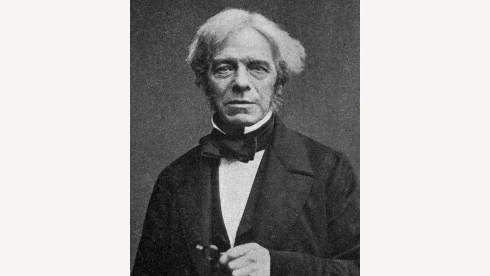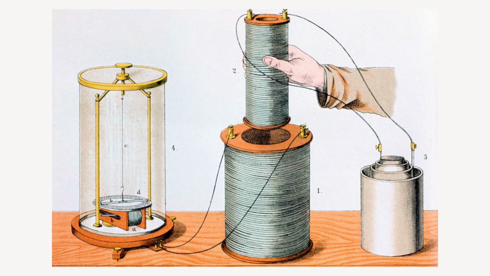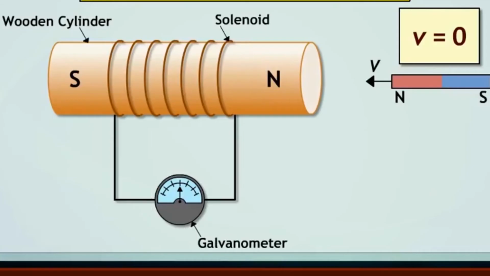Now we will look into Faraday's experiment, where Michael Faraday actually discovered the laws of electromagnetic induction. From this diagram, we can see that the experiment involves a bar magnet, a coil, and a galvanometer. In the experiment, Faraday uses a magnet and a coil which is connected to the galvanometer across the coil. At the initial time, the magnet is at rest, so there is no deflection in the galvanometer at all.